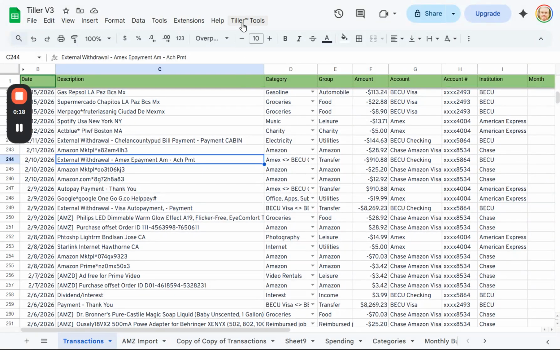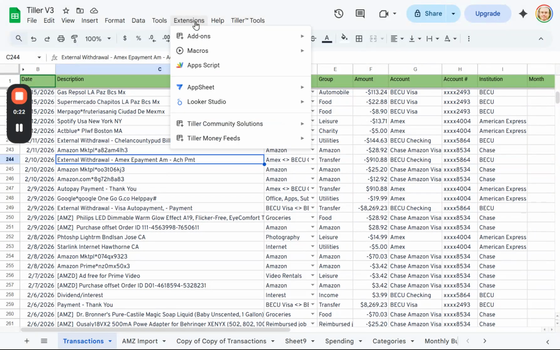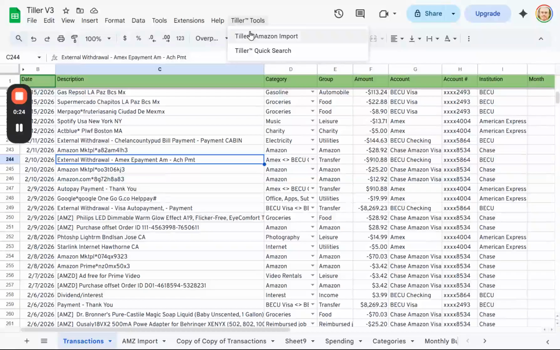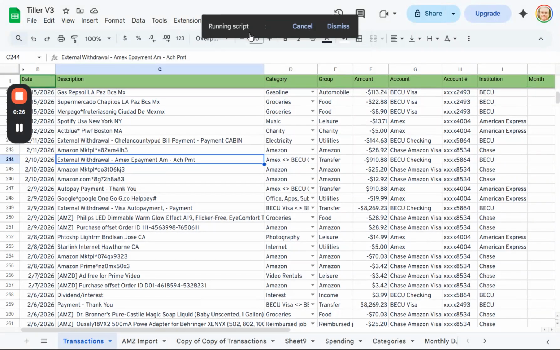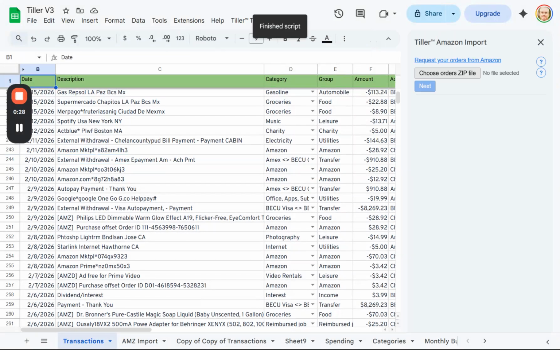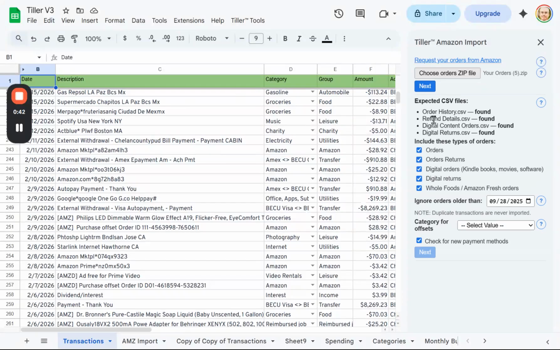You click Tiller Tools, or once you get it in the extensions library on Google, it'll come on down here. But right now you click Tiller Tools, Tiller Amazon Import, and that brings up the Amazon Import sidebar. Click here to select your zip file that you requested from Amazon. Here's my latest one. I click the next button and it reads the contents, and I check off which order